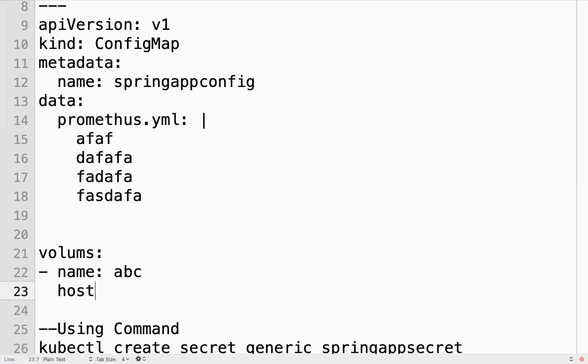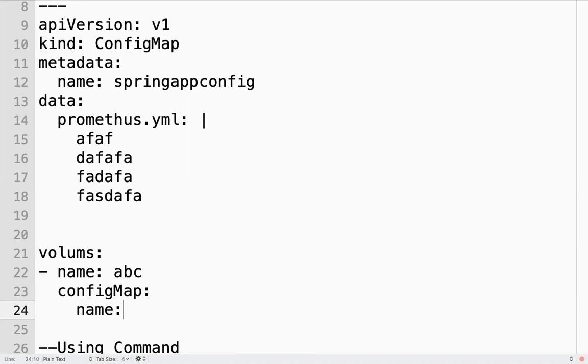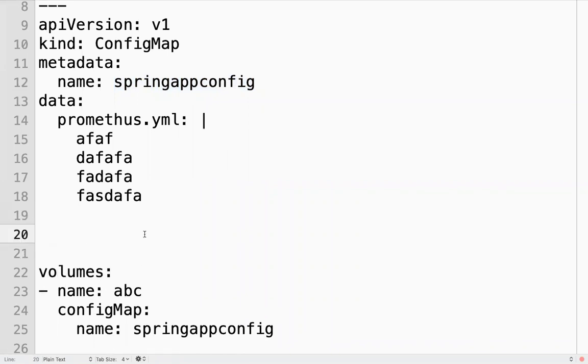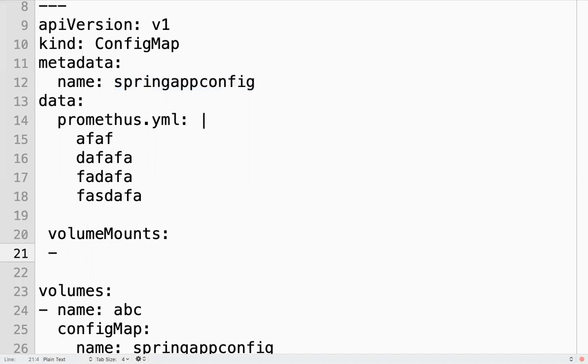Instead of host path, instead of NFS, I will say config map, the name of the config map, something like this. This I can mount with some file within that container. Within that container, I can add volume mounts, name, this name. Now mount path.